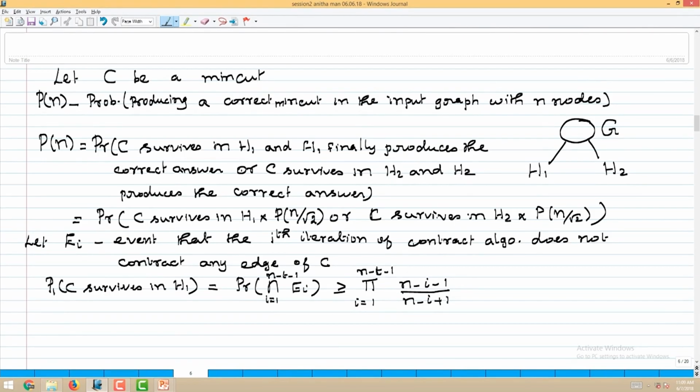Yes or no? Now, you simplify this one, which is equal to n minus 2 by n into n minus 3 by n minus 1, etc. into T by T plus 1,